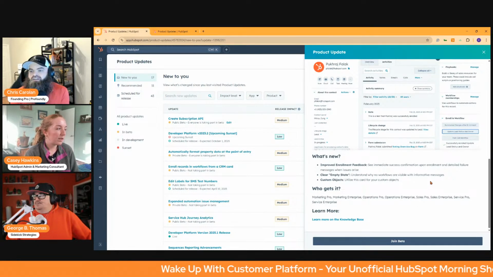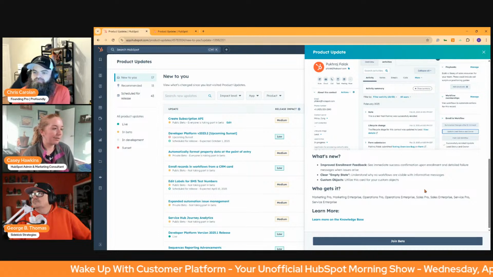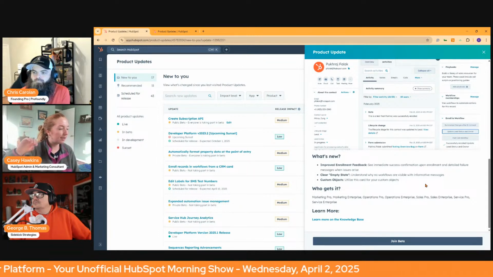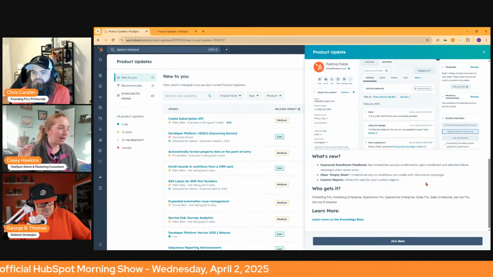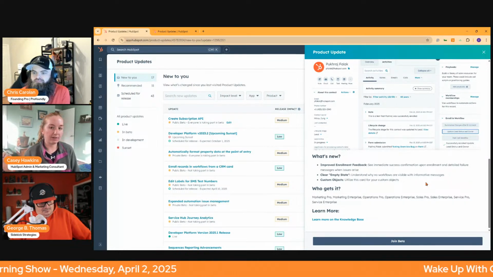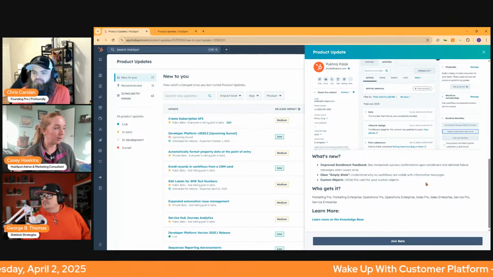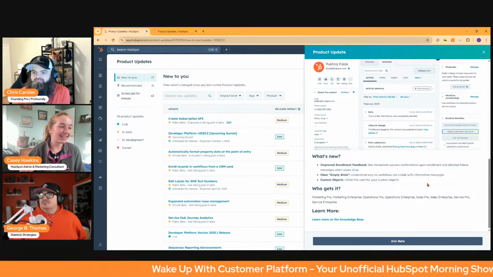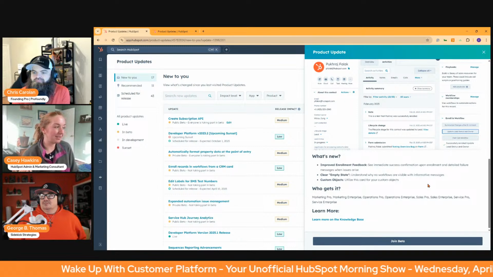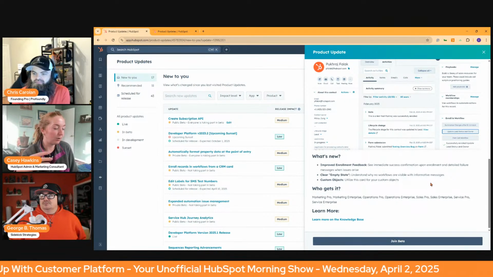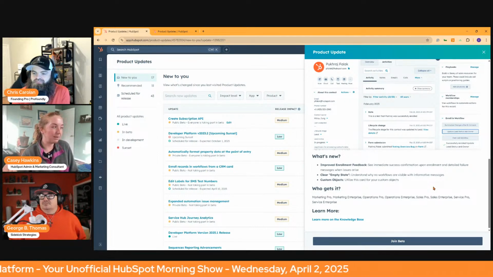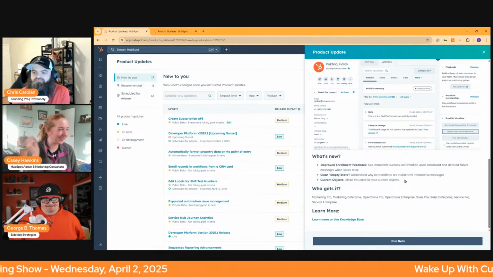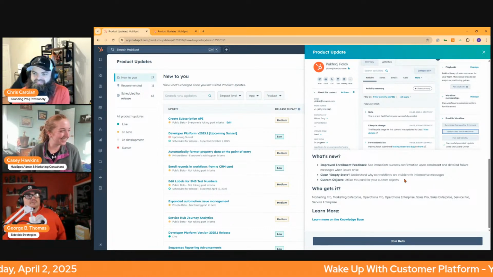So when this first came out, I wasn't sure I loved that you're limited to the amount of workflows in the card that you can enroll them in. However, I do think this is a benefit, because I know how many workflows are running in a HubSpot account, and that can be overwhelming to someone that doesn't know the system to find the workflow they actually want. But also, I don't want people to just enroll them in any workflow they find.